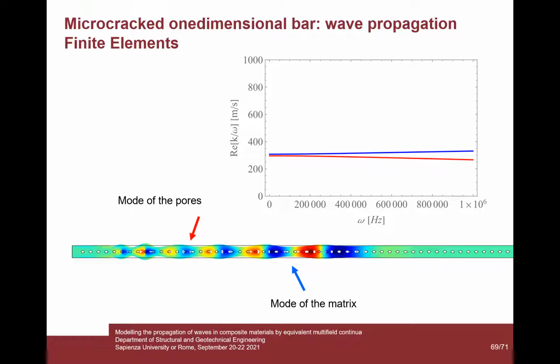For instance, take isotropic materials. You can characterize constitutive parameters by propagation velocity. There are methods to